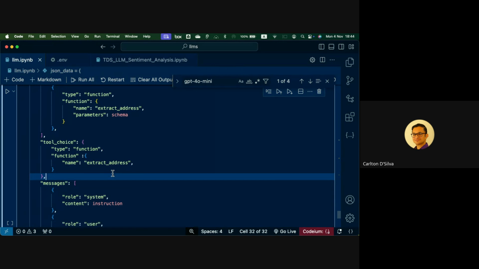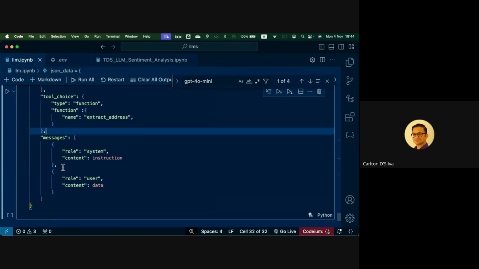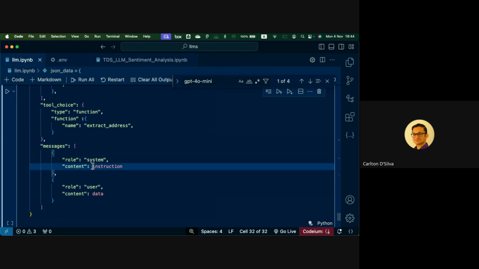So now that we have done that, finally we can get down to giving it the prompt, the part that we like to do, telling it what to do and all that sort of thing.